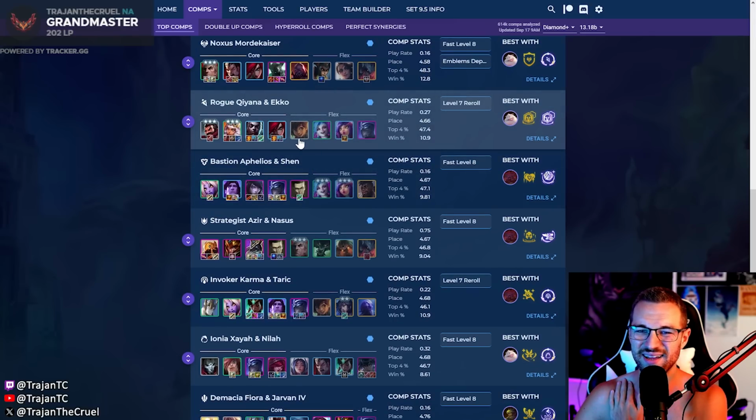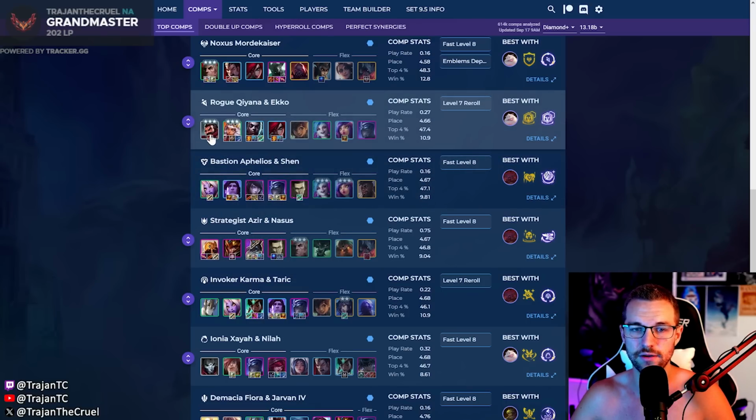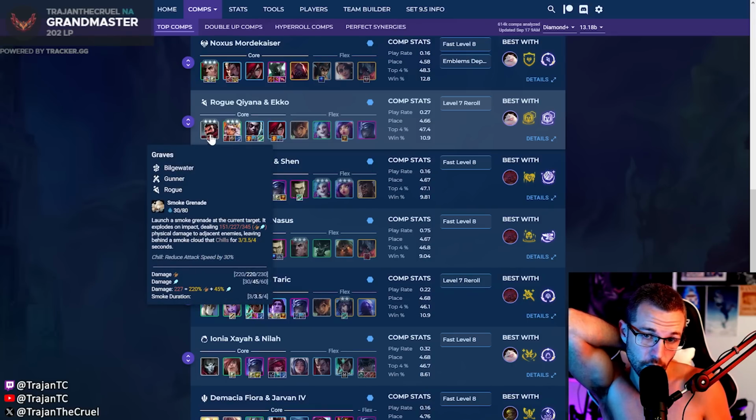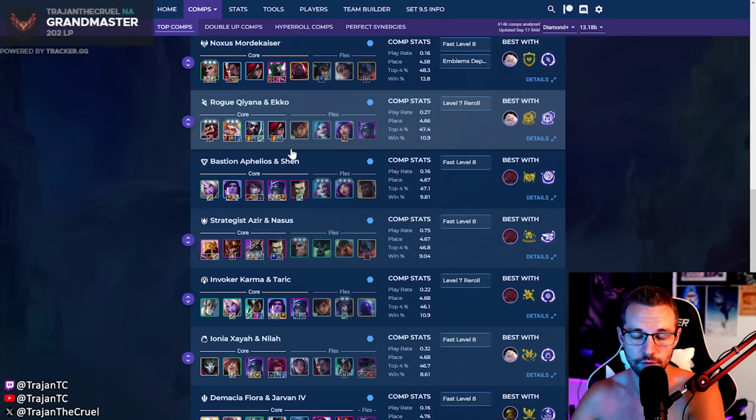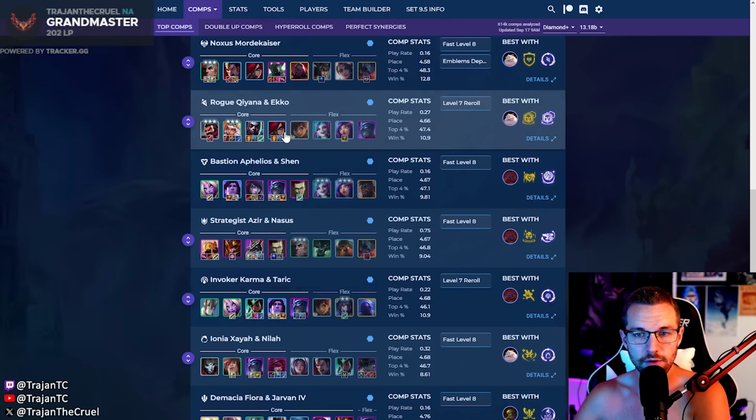So Rogue, Kiana, and Echo and Katarina. This rogue build is not nearly as good as it was before. I think the indicators to play reroll rogues right now: there is a Graves variation. You can roll on 5 for the Graves variation if you just have a lot of Graves and play around Milio 3-star and that sort of thing. That can be okay. But I think the indicator to play this is like Vampiric Blades, or you're really high rolling rogues and you have like Ice,